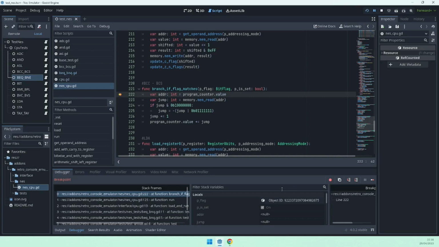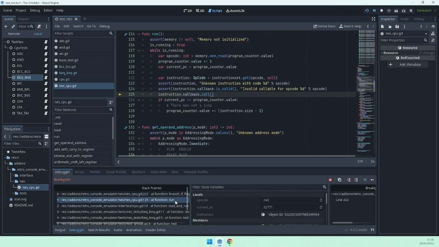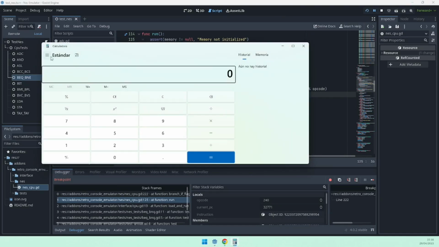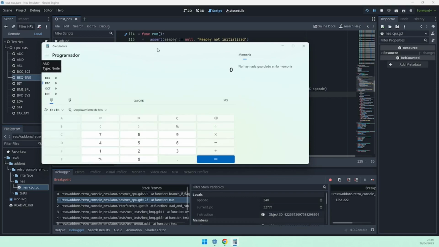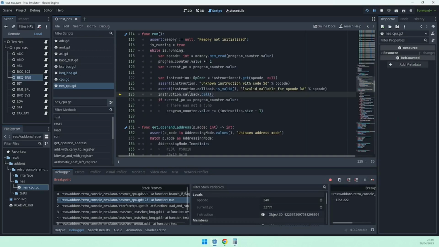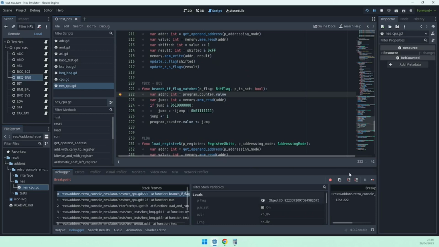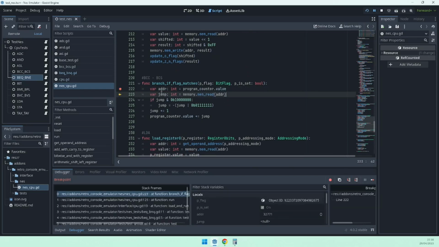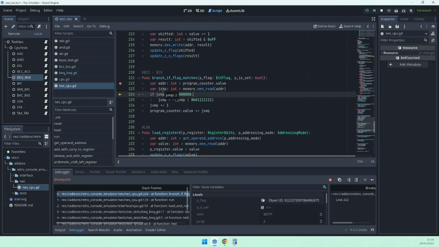and we have read the opcode 240, which is... programmer calculator... 240 is FO indeed, and we are going to read the next argument, which should be a 2. Yes. And now